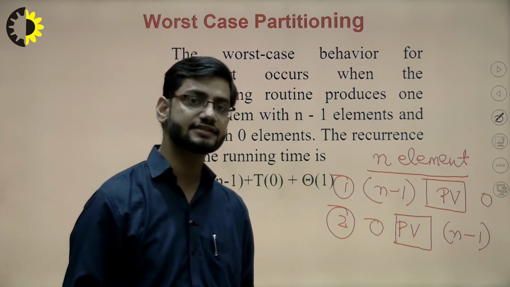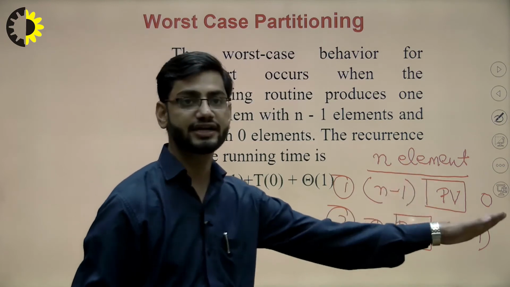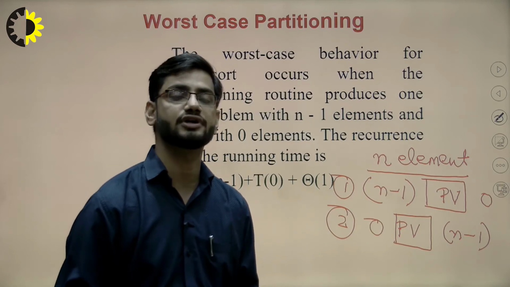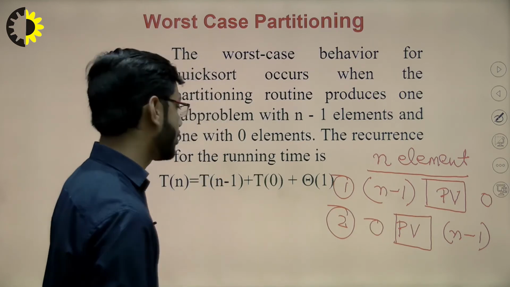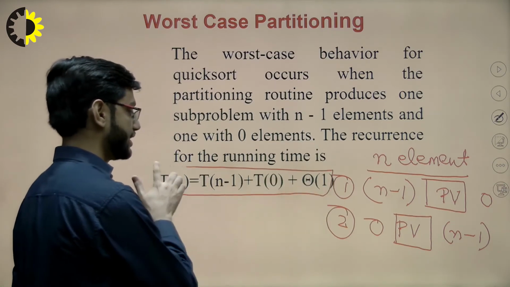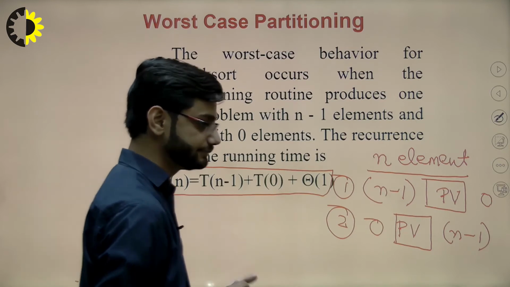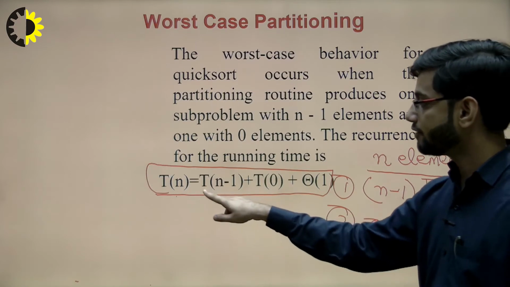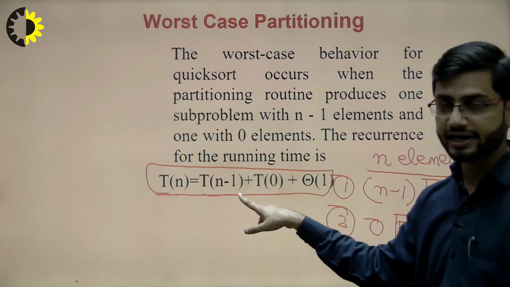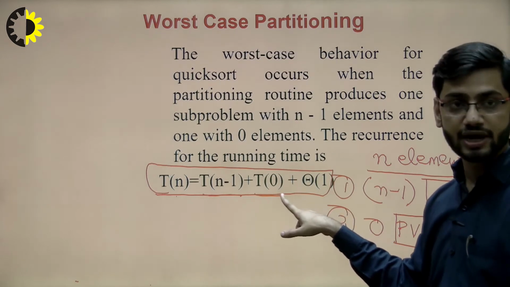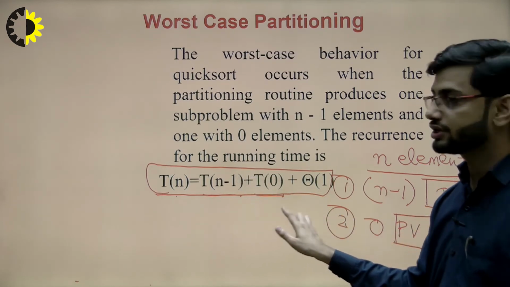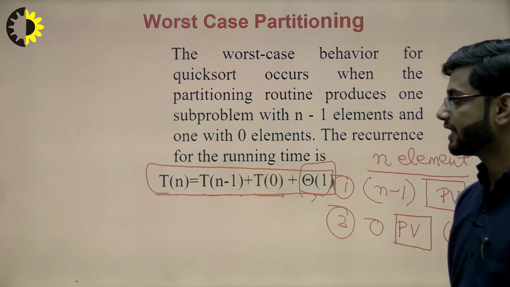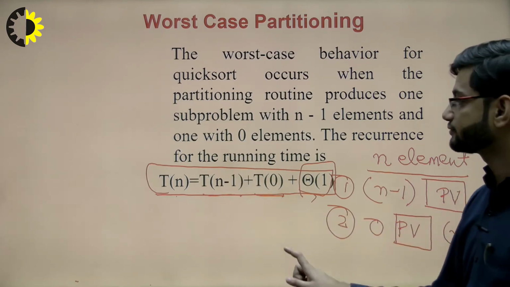So in the worst case, when there is no element after the pivot element, or there is no element before the pivot element, this is the worst case of quicksort. The recursive formula for the worst case can be written like this. The input problem of size n can be decomposed into a sub array containing n minus 1 elements and another side with 0 elements, and to combine these two solutions I require only theta of 1 cost. Clear? So this is the recursive formula, and if I solve it, what will I get?